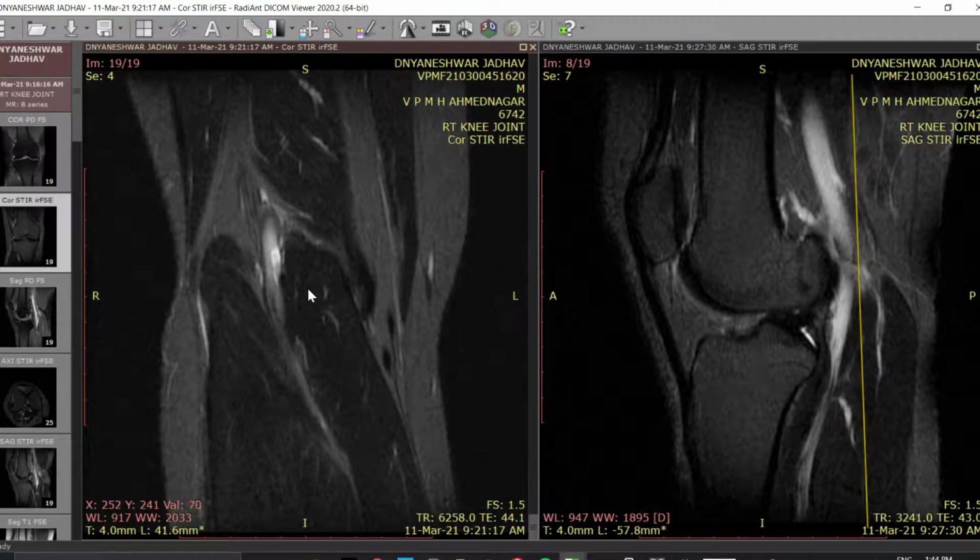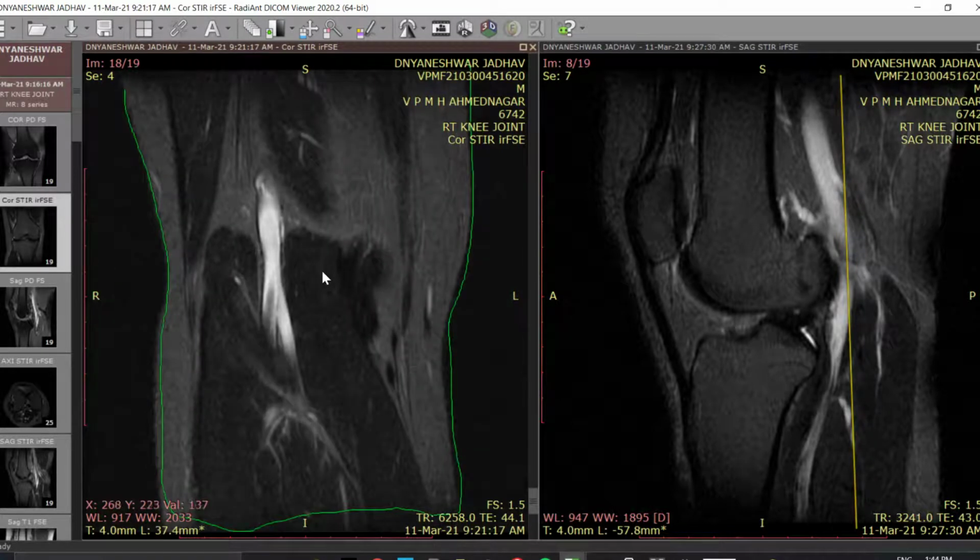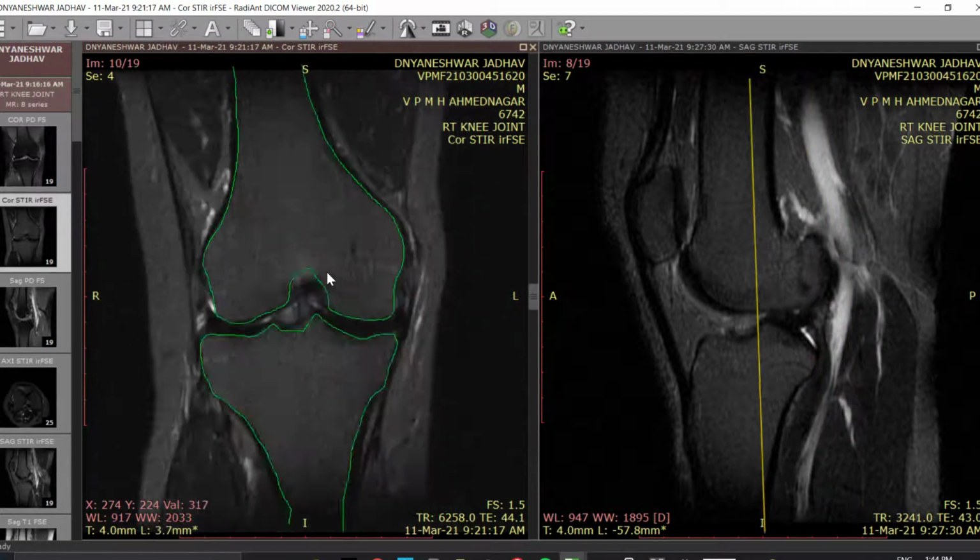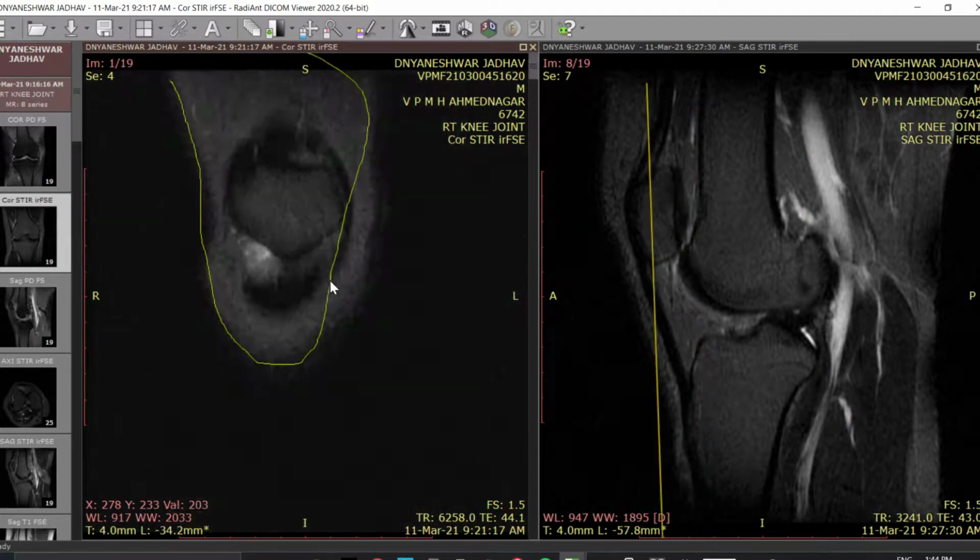So in the image where the bone is not visible, all you have to do is draw a random area around the image. For example, start from here. Just stay outside this gray area and just highlight it and select ignore. So this is the area you have to ignore.